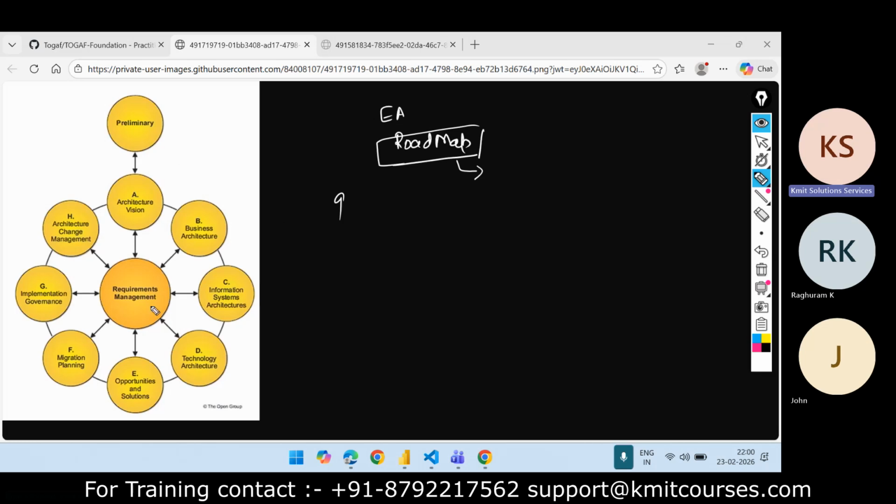These are 10 circles, and it is the cycle which is followed by enterprise architects to create the architecture roadmap. It is an iterative process, and it is recommended to define and deploy the enterprise architecture.